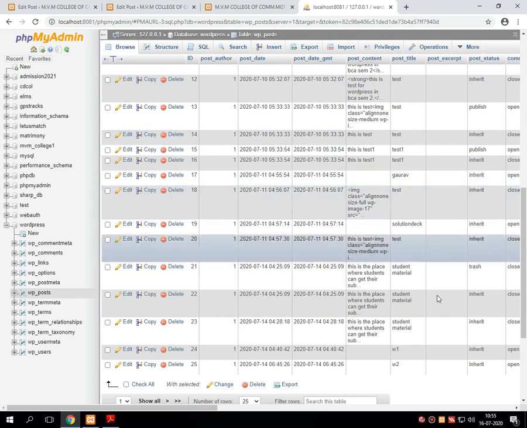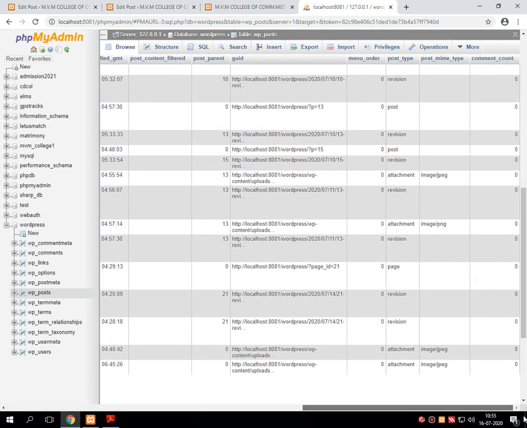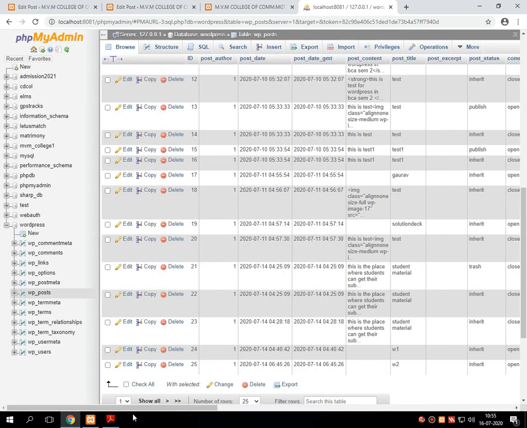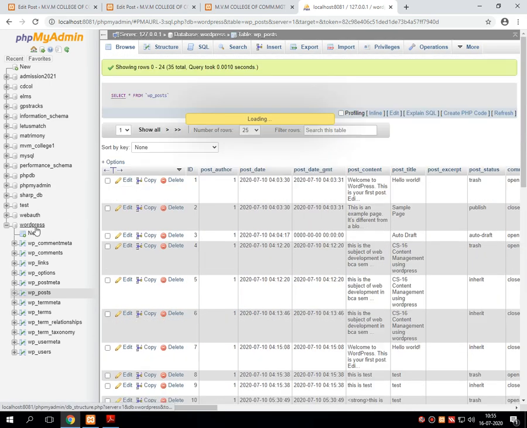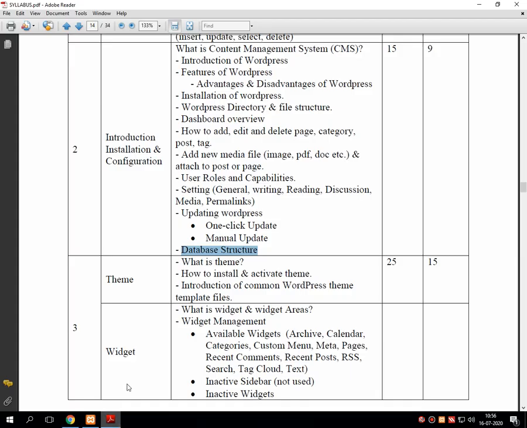Everything will be stored in this database table automatically by WordPress. So WordPress not only maintains the content of users, but it also maintains the database table with the specific type of data passed by the user to WordPress. So that is called the database structure.